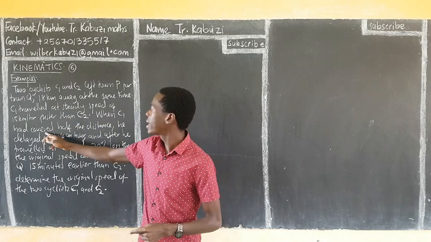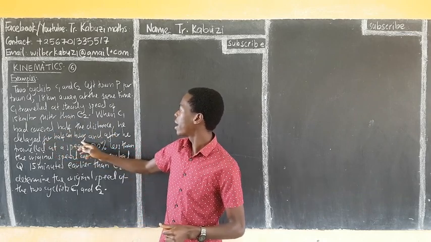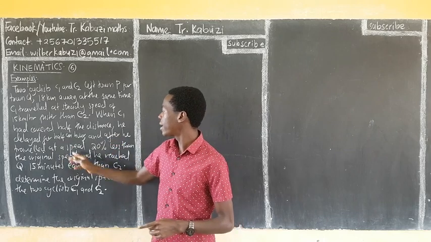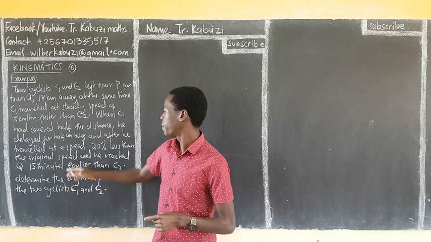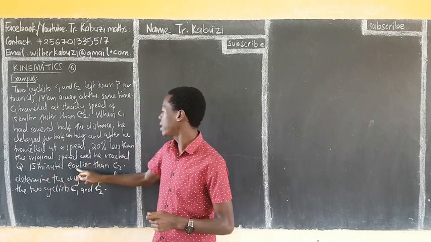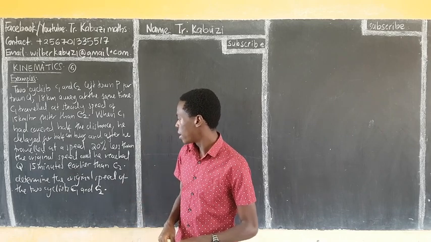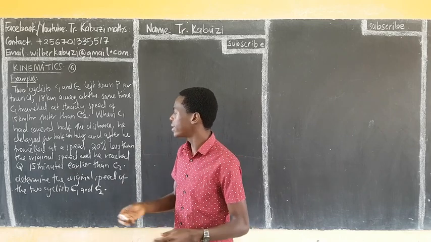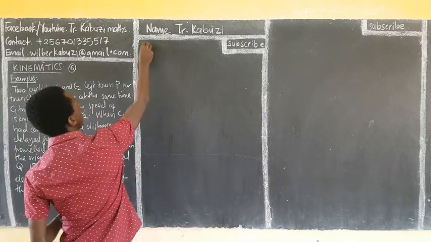When C1 had covered half the distance, he lay for half an hour, and after he traveled at a speed 20% less than the original speed, and he reached Q 15 minutes earlier than C2. Determine the original speed of the two cyclists. Okay, so let us say, let the